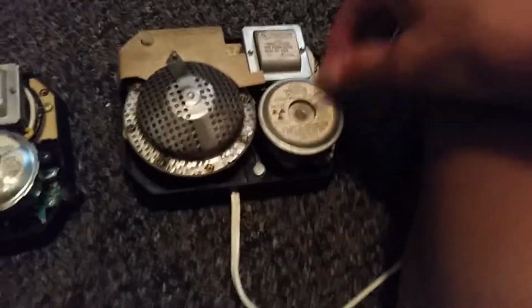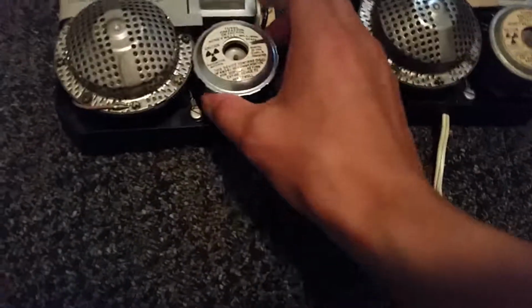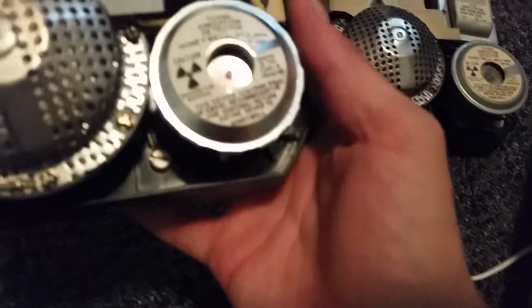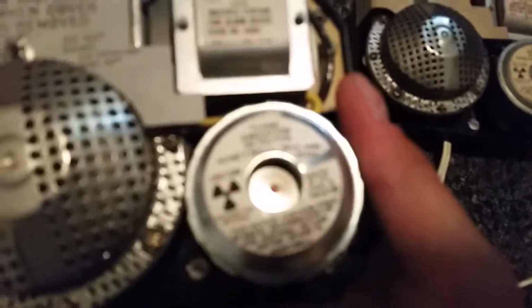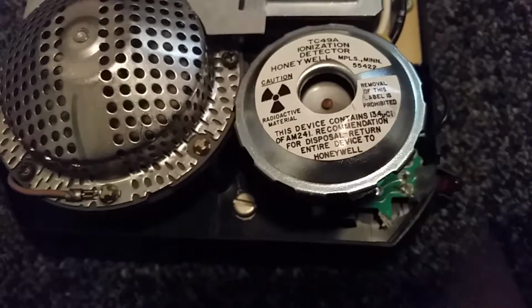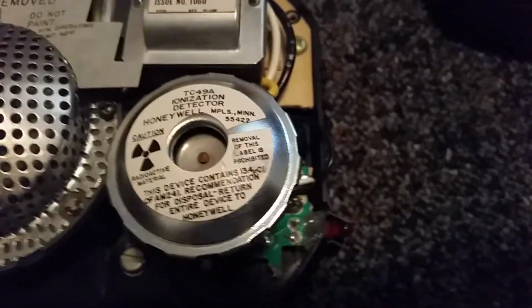You can see the horns are different. This one has an Edwards horn in it. And this one's got, I'm not sure what horn this is. It looks like a Delta Alarm variant of some kind. I'm not too positive. But they both have the sticker on the horn. It says 13.4 microcuries of Americium-241. The little cardboard cover